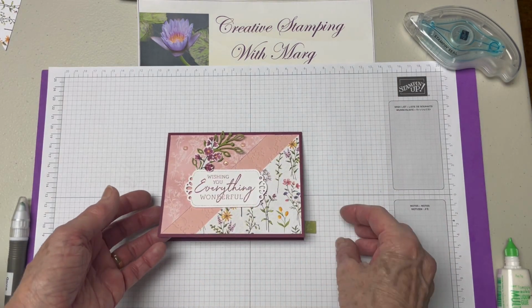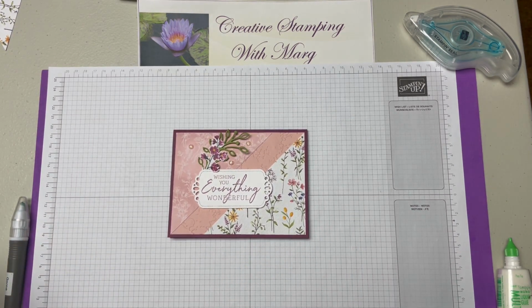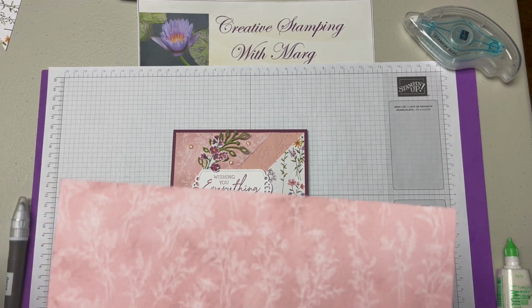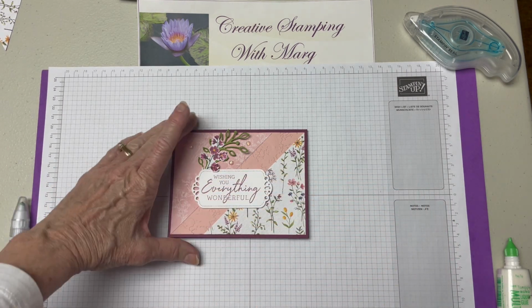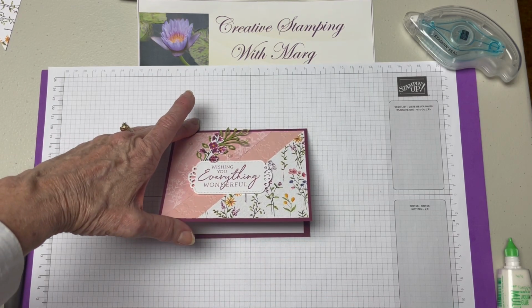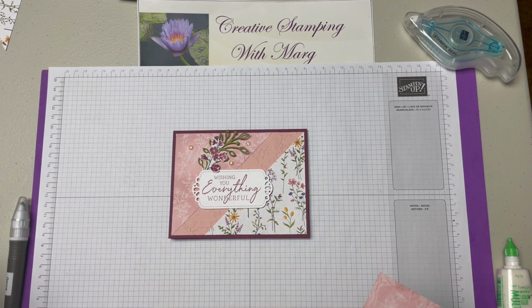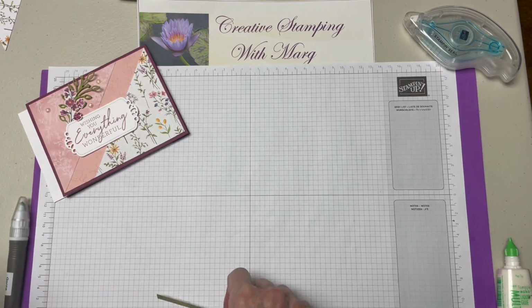So the other option would be to cut a piece of the pink, which I could do too. I could cut a piece of this, just cut it across like that. Again, you're not going to see much of it. I think I'll use the green. I like the green. So again, I'll bring in my mat,